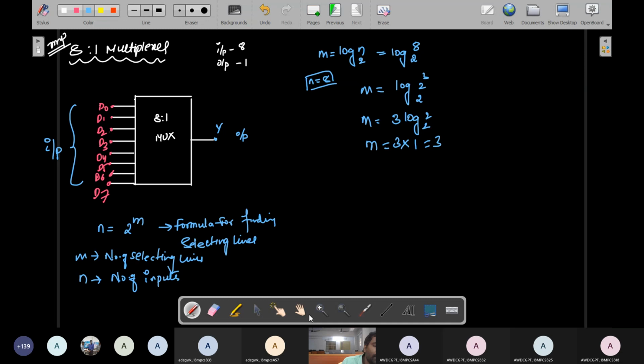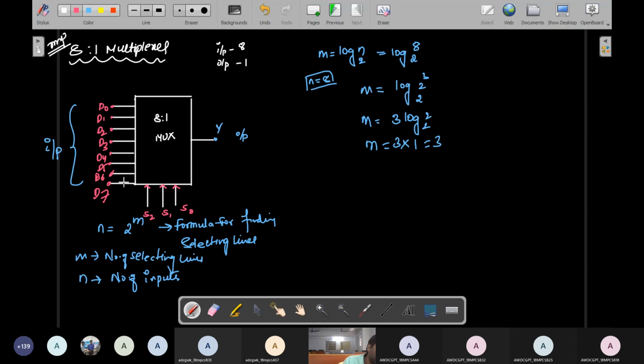to this multiplexer. So I draw these three selecting lines. This is selecting line 1, 2, 3. Okay. So these selecting lines are named S0, S1 and S2. So these are the selecting lines. We will indicate them with arrow marks. Understand everybody? So this is how the selecting lines are obtained using this formula, and we can write the selecting inputs.